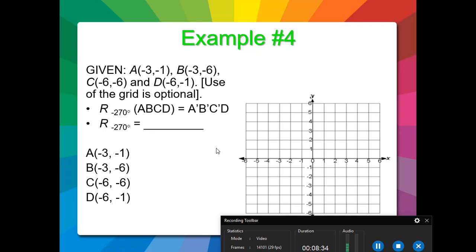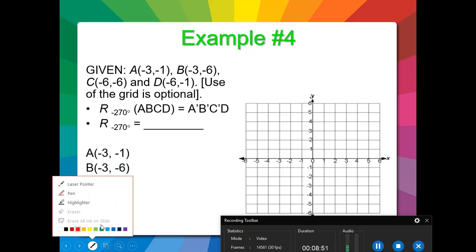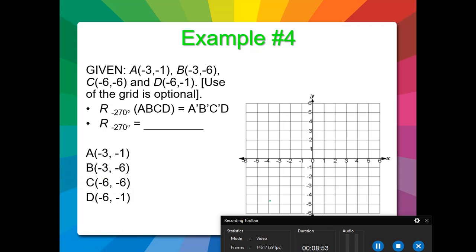In the final example, we're still working with rectangle ABCD, and the use of the grid is optional, but they're asking us to rotate -270 degrees. So negative means I'm going in the wrong way. The original figure we know was here in quadrant 3. So it was graphed in here. If we go 1,